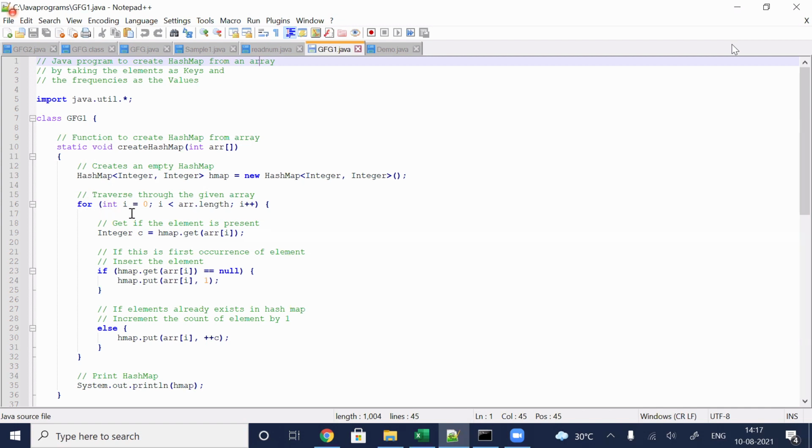So for i equals 0, i less than array.length. Suppose your array has 6 elements: 34 three times, 10 two times, and 5 one time. So you have to check the entire 6 elements. You have to start from 0 and search for the same element, map for the same element in the entire array. So you have to go through the entire length of the array. That's why the loop i starts with 0 and i less than array length.